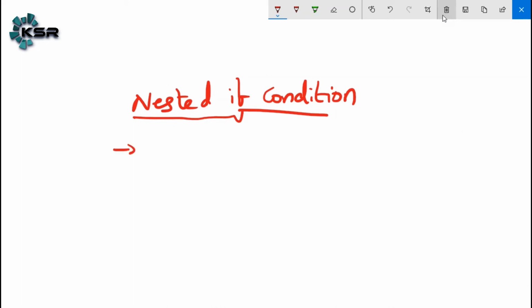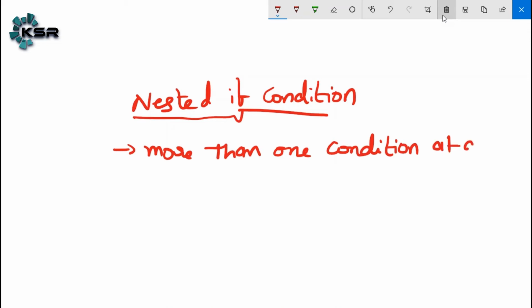Nested if means more than one if condition at a time is called nested if.